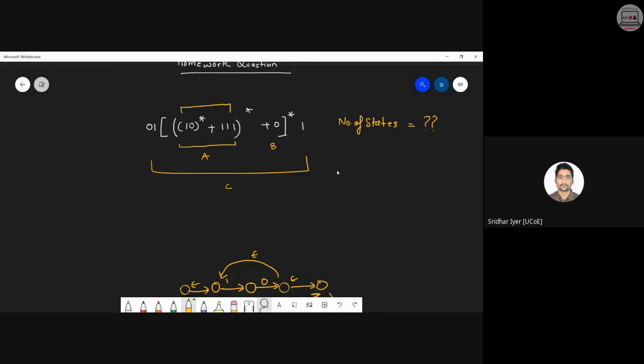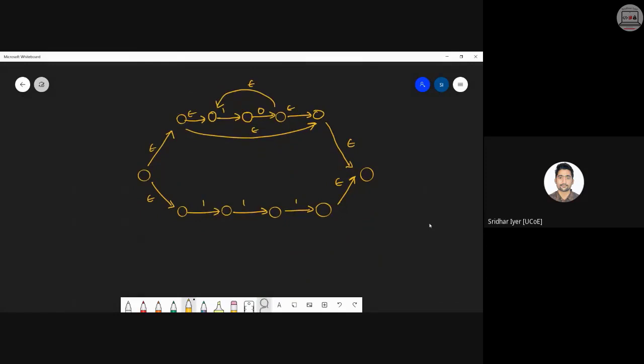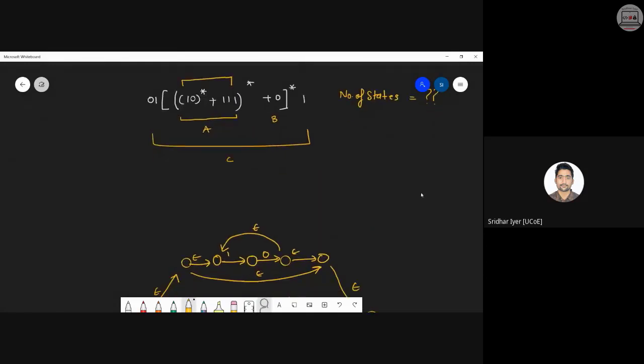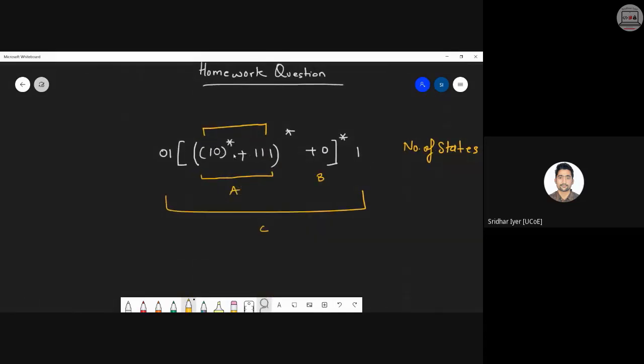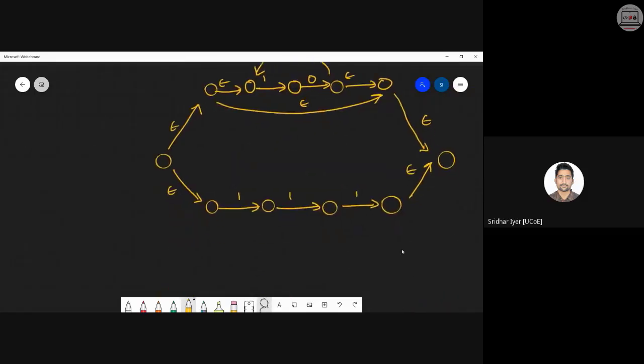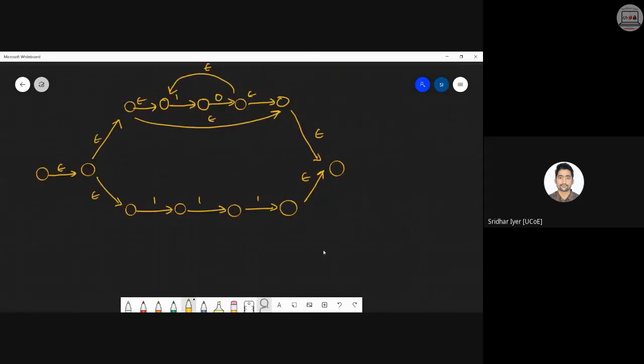So now I have to take the closure of this entire term once again. But before that, check the question once again. It is basically 1 0 closure plus triple one, whole closure. So we need to take the closure of this also. And as you all remember, if I wish to take the closure of anything, simply add two states, one at the beginning and one at the end.